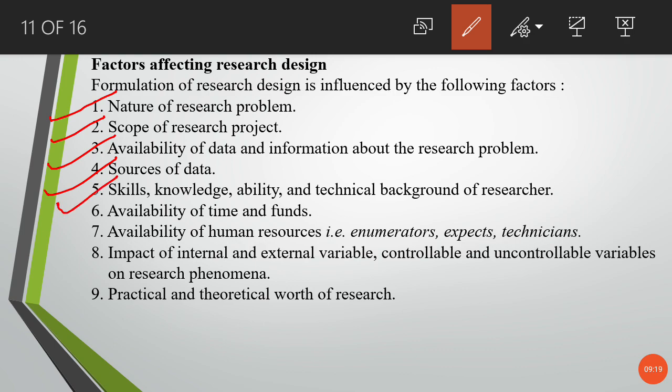Skills, knowledge, ability and technical background of researcher. 6. Availability of time and funds. 7. Availability of human resource, that is, enumerators, experts, technicians. 8. Impact of internal and external variables, controllable and uncontrollable variables on research phenomena. 9. Practical and